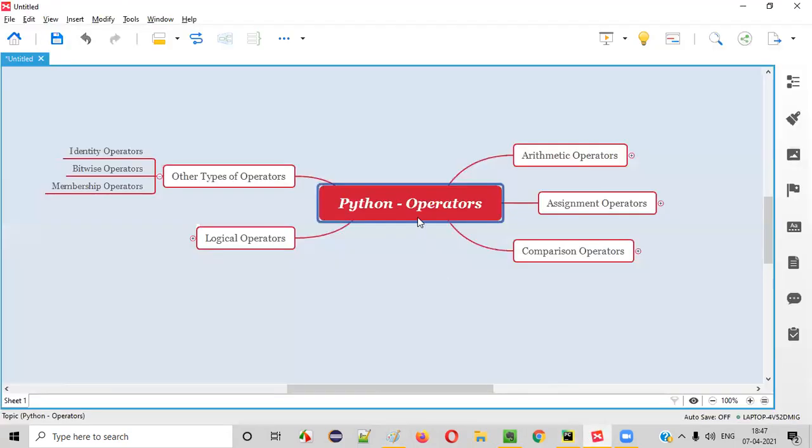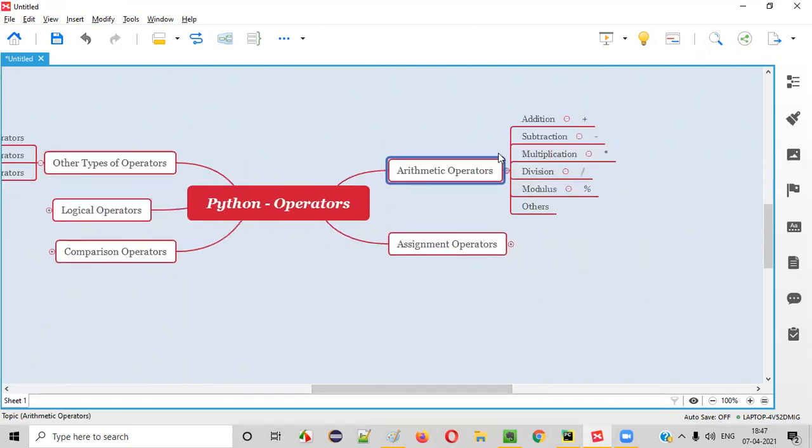So what exactly are these operators? In simple terms, operators are nothing but symbols, guys, which can be categorized into different types. I already explained. If you go to the arithmetic operators category, for performing the addition operation in Python, we use the plus symbol. For subtraction, the minus symbol.